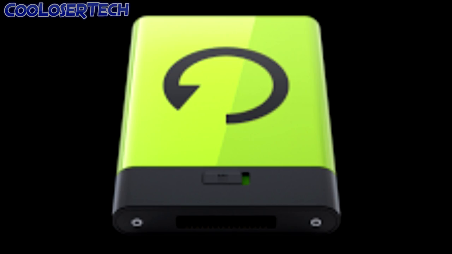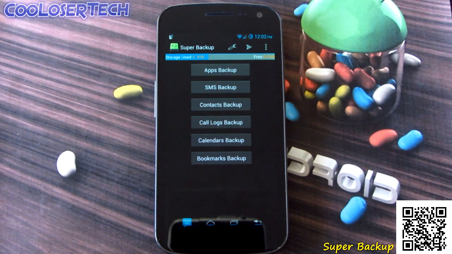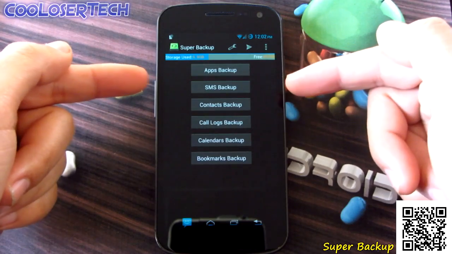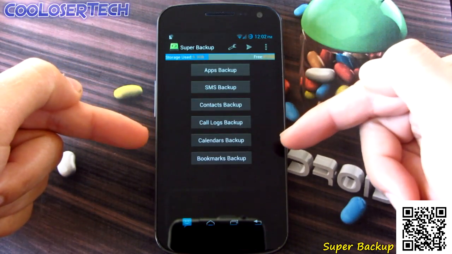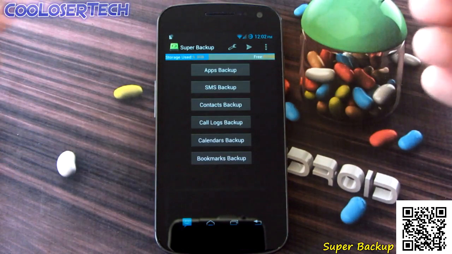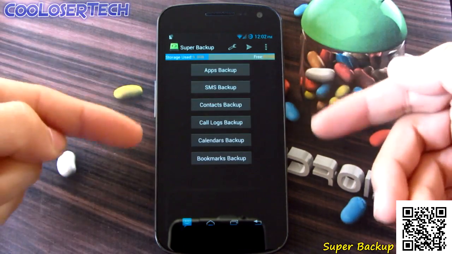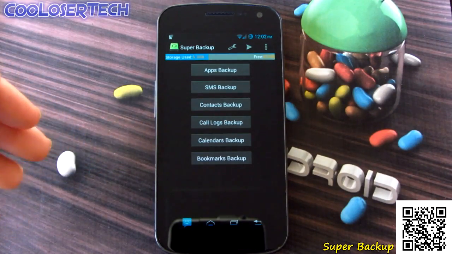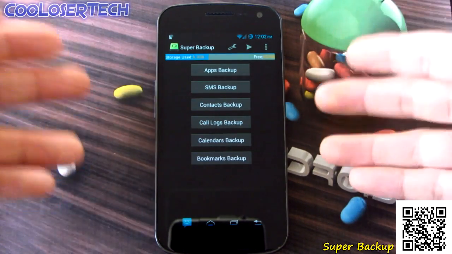Next up, we have Super Backup. Now, Super Backup is obviously to back up your app data, your SMS, your contacts, call logs, calendars, and bookmarks. In case you uninstall your phone or move to another phone, you can have this stuff backed up and save it to your cloud service,